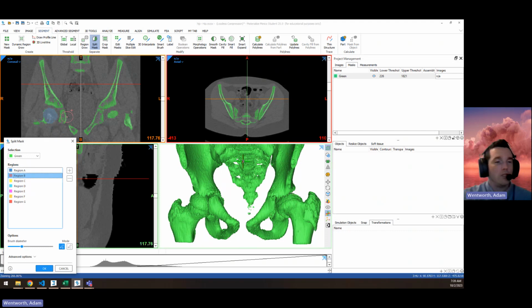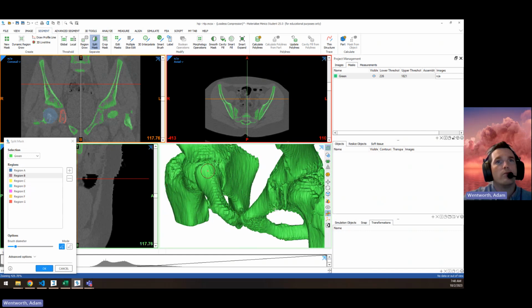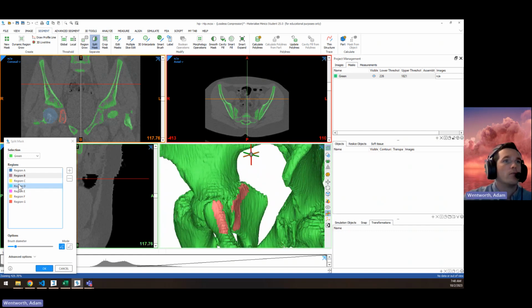Region B will be the ischium. I can hold Control, left click, and drag left, which will shrink my brush size. On the Mimics 25 version now, we can start to do the split mask in 3D as well. So I could just paint on here. Right, then go to my next region,